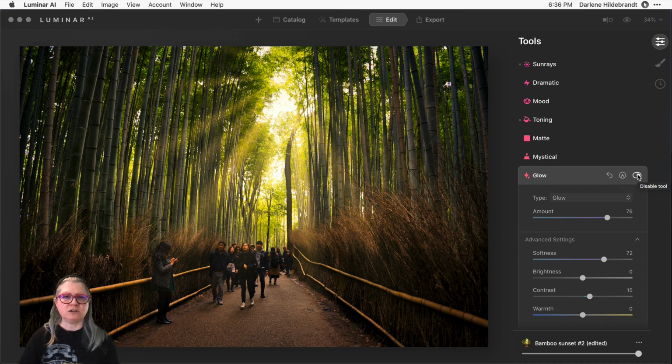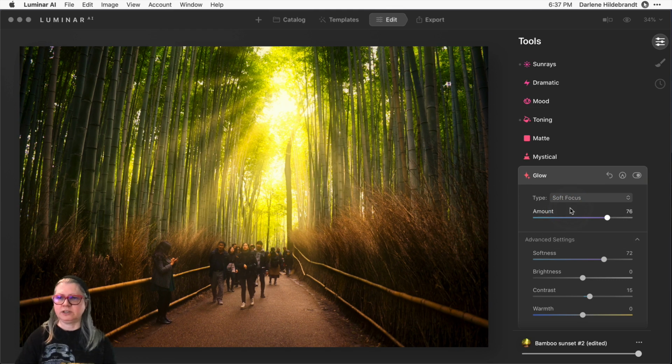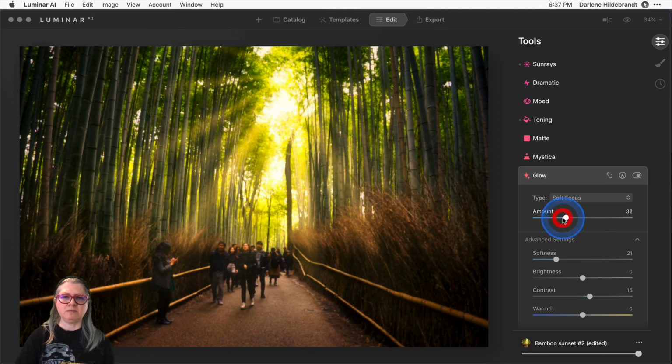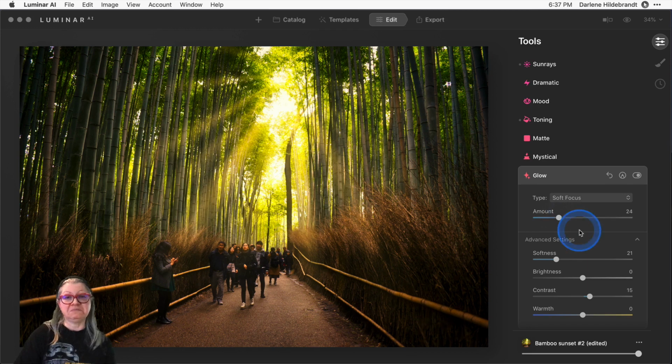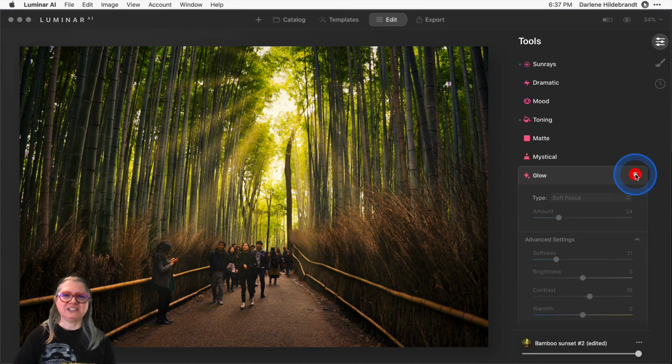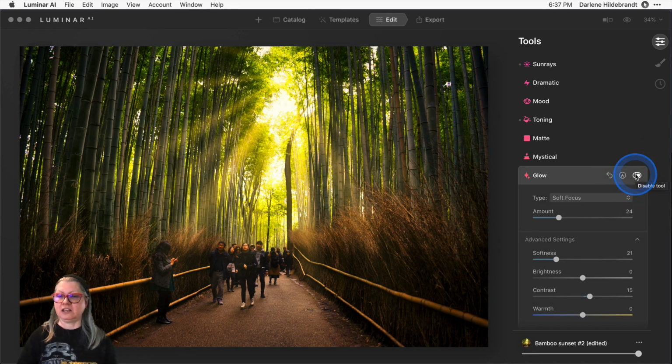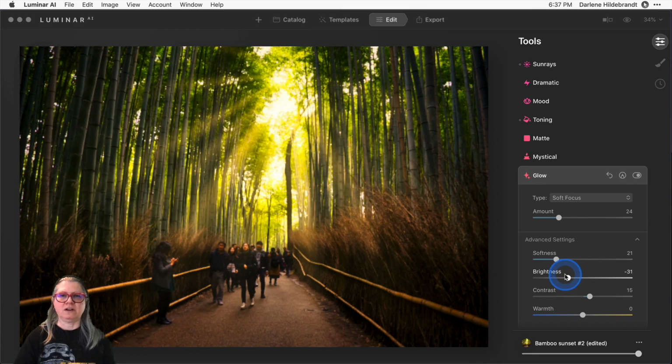If we look at Mystical, it does something different. It applies more evenly to the whole image. If I try the soft focus one, you can see that it's doing similar. Now that's obviously too extreme, but you can definitely see that it's applying more in those bright areas than it is in the dark areas. That's actually not too bad. So it's kind of like there's just this heavenly glow. Maybe turn the brightness down a touch.